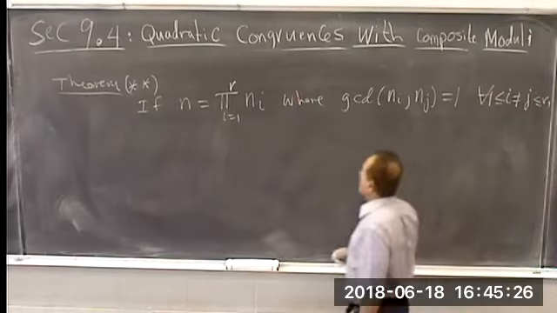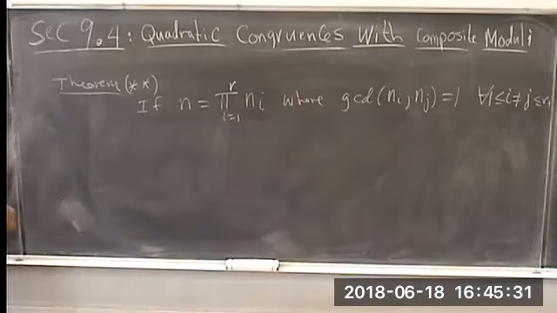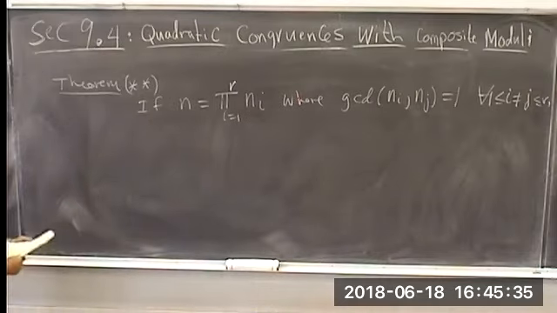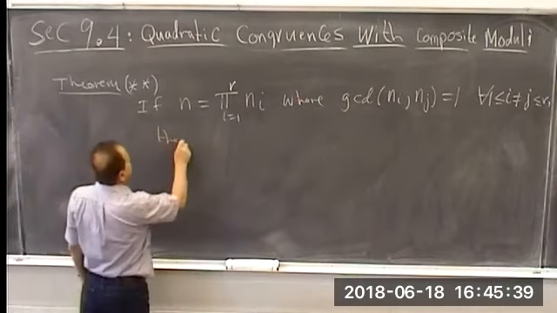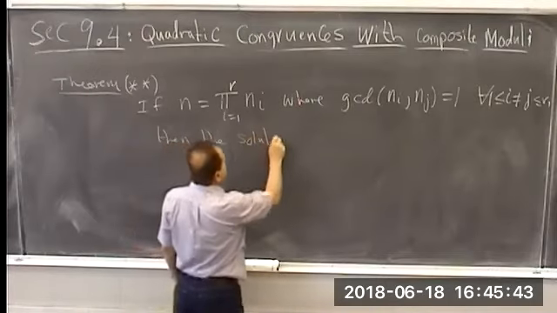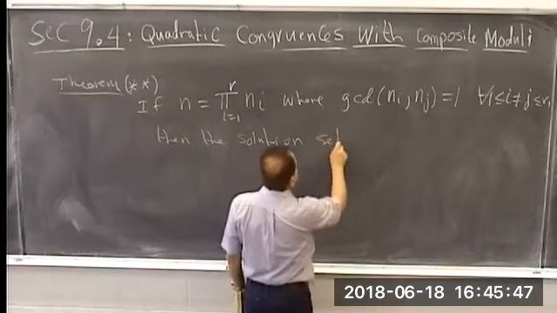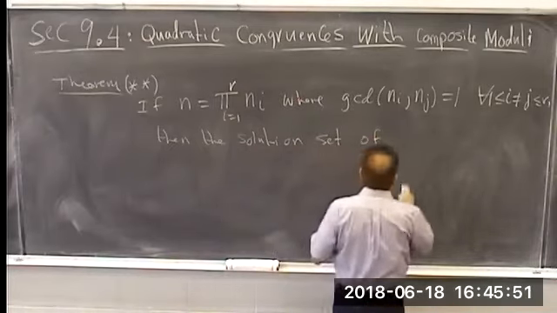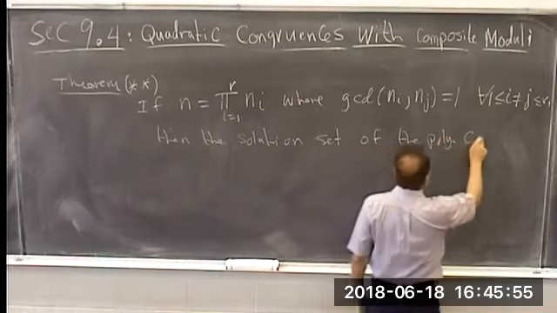So these are relatively prime, and these need not be prime themselves. That's a little more general, in other words. All right? Then the solution set of the polynomial congruence